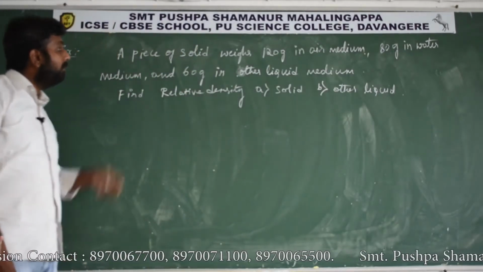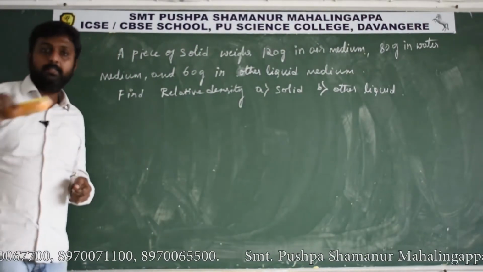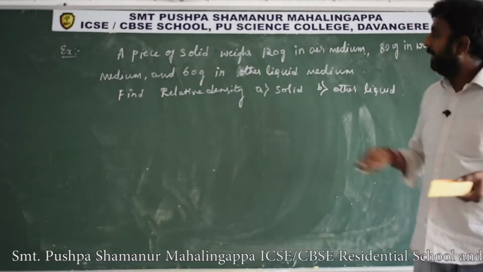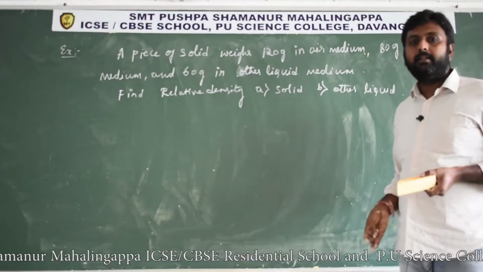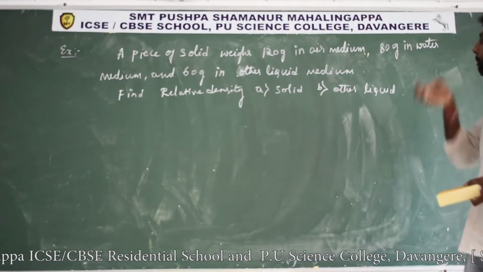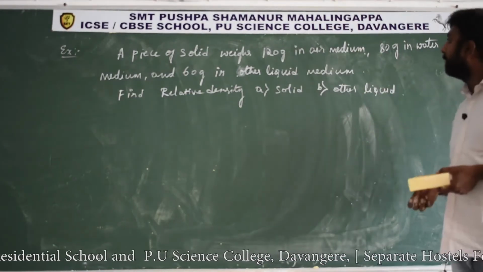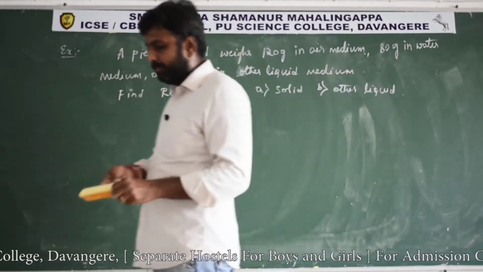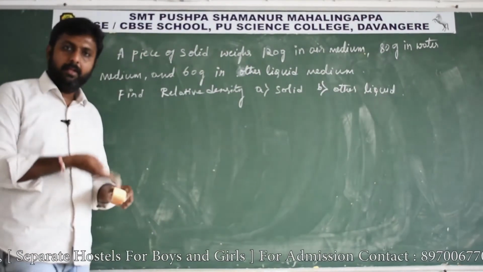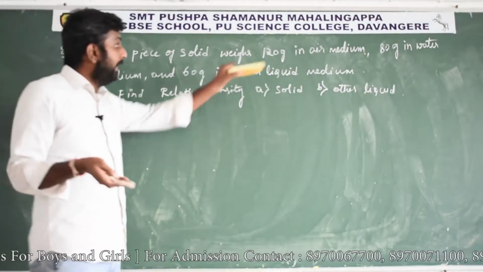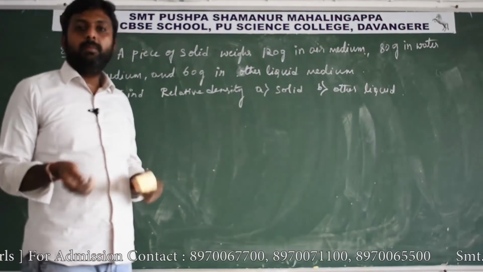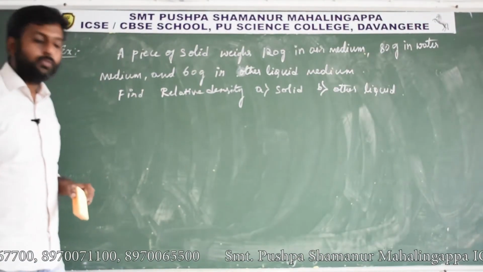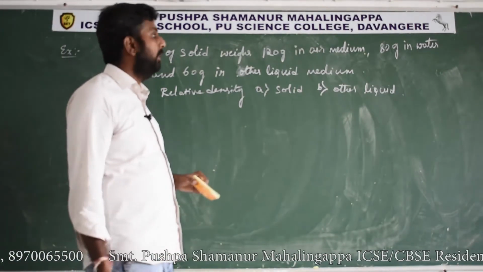What is given in the question is a piece of solid like this. If we weigh this solid in air medium, it is weighing about 120 g. G means it is having 9.8 value, right? Its weight is 120 g. And the same object, if I dip in the water medium and weigh that object, it is weighing 80 g. Why? Because definitely in the liquid medium the object will lose some weight, that is equal to force of buoyancy.